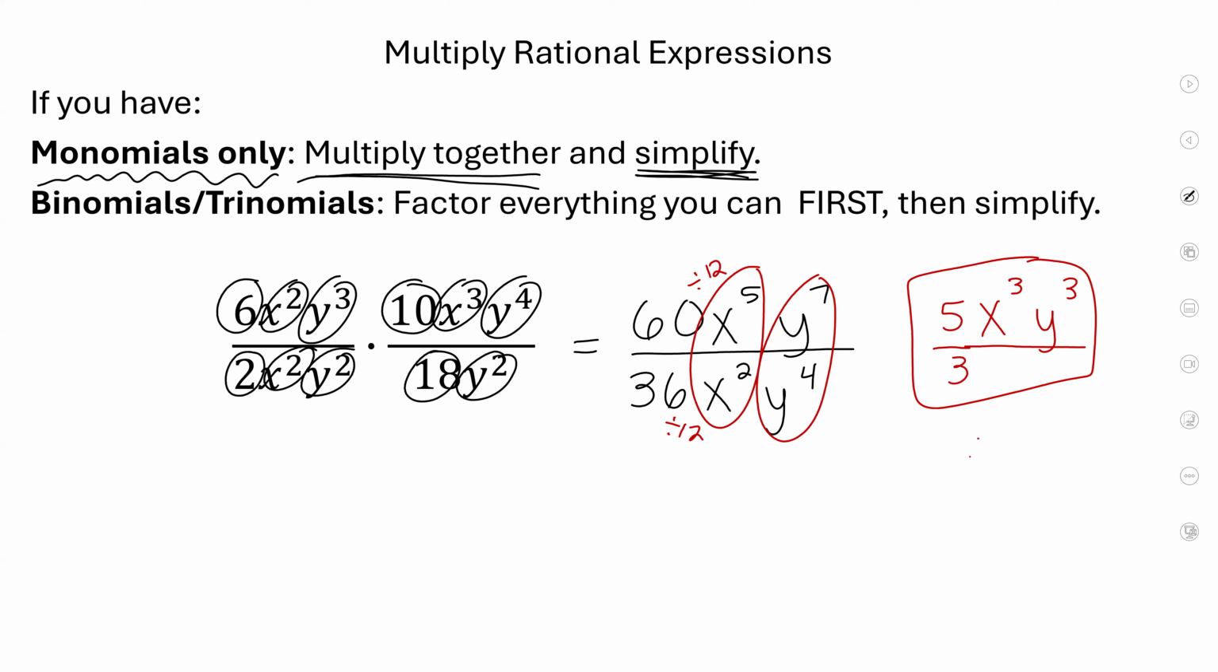You could also write it like this. 5/3 is in the front, and then x cubed, y cubed is in the back. You'll most likely see it like this in the textbook. Okay, so that was an example of multiplying monomial rational expressions. Let's try it with